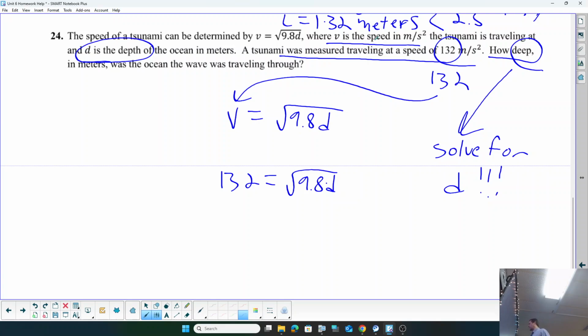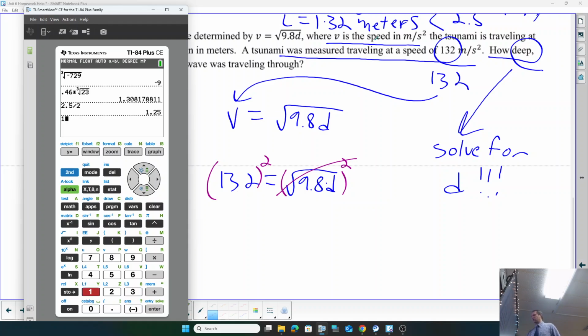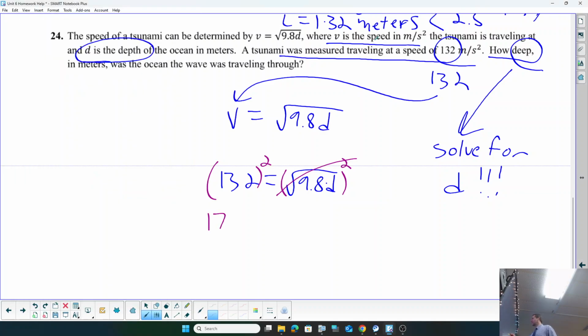And so to solve for d, we're going to have to go ahead and power 2 both sides. Pause me, try it on your own, and then push play and see if you got it right. So we're going to go ahead and power 2 both sides like that. And so we get 132 squared is 17,424. Wow. 17,424 equals 9.8